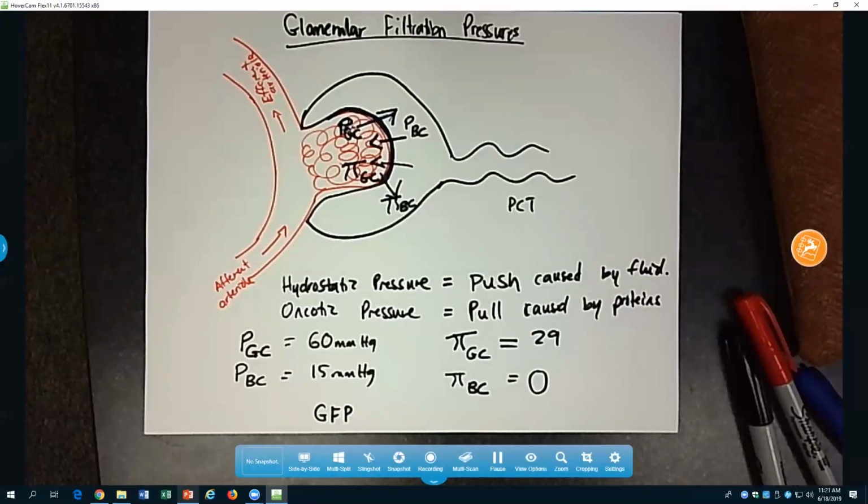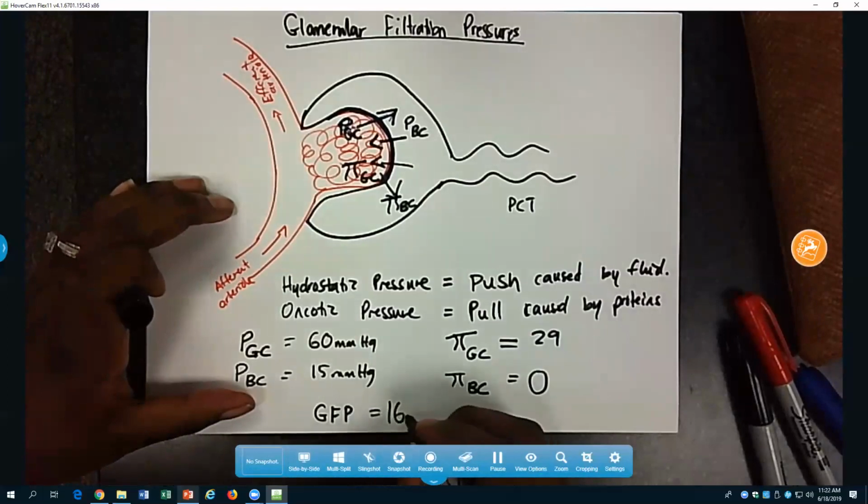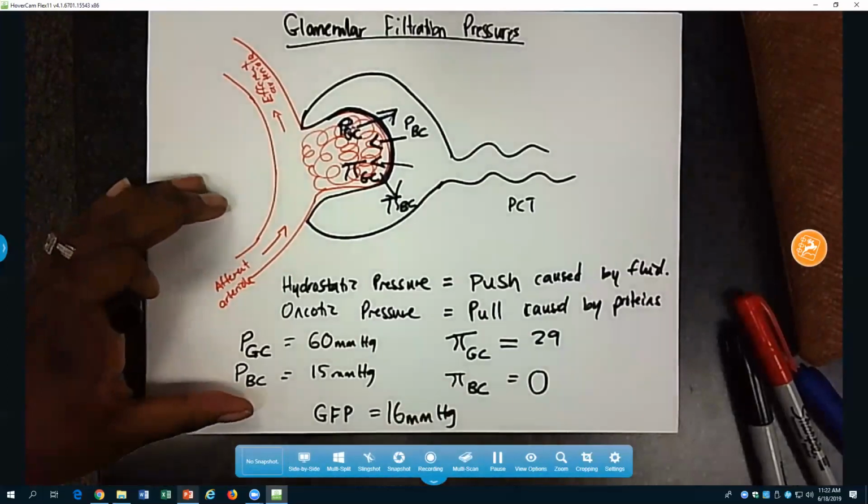Does anyone get a figure? 16, yeah, that's correct. So if you take 60 minus 15, that's 45, and then we subtract 29 from that 45, we get 16. So that's our overall glomerular filtration pressure, 16 millimeters of mercury. Does everyone understand how we got